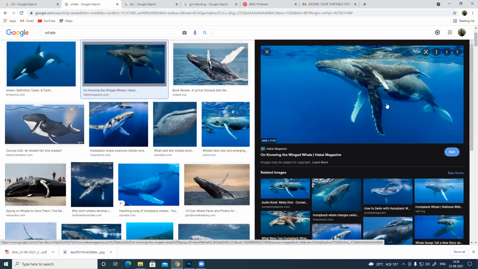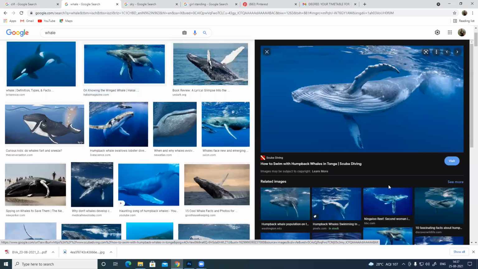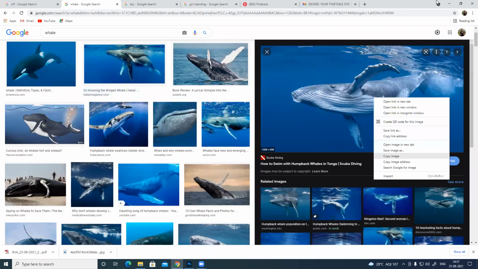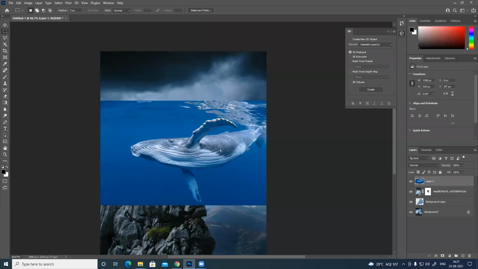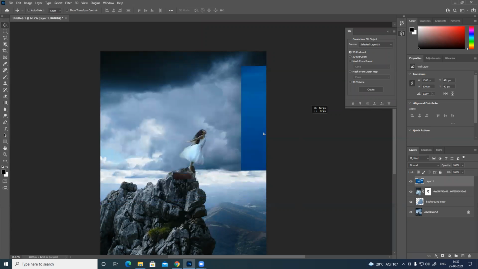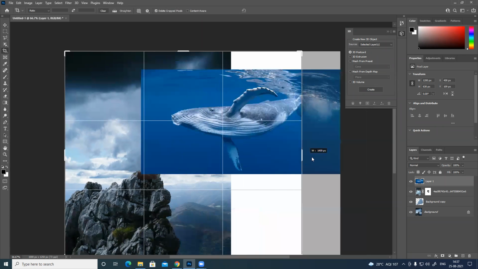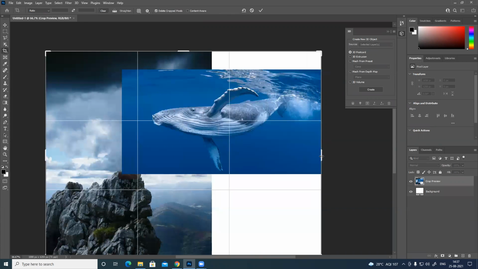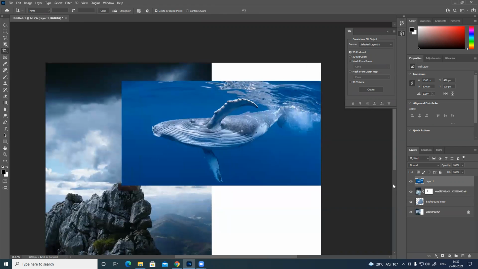If this angle is not correct, something like this actually. I need to increase the size of the image to fit this thing, or I can scale it down also. That also works.